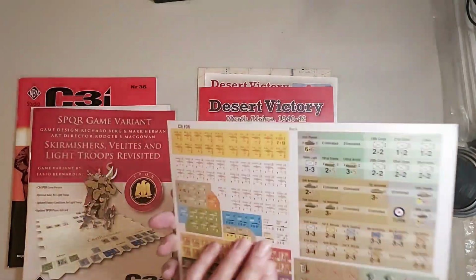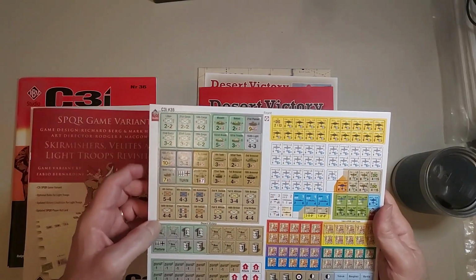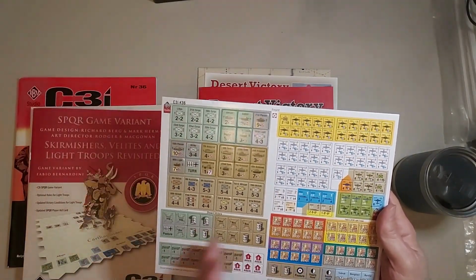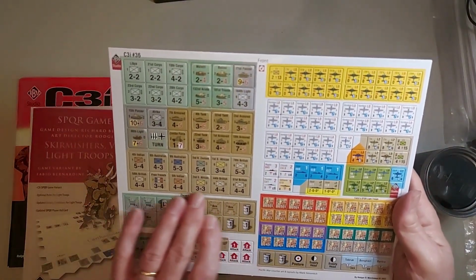Let's see, are they double-sided? Yeah, every one of them is double-sided. So let's see, we got Desert Victory. These look like markers, so it looks like all of this is Desert Victory here off to the left. And for the Brits,